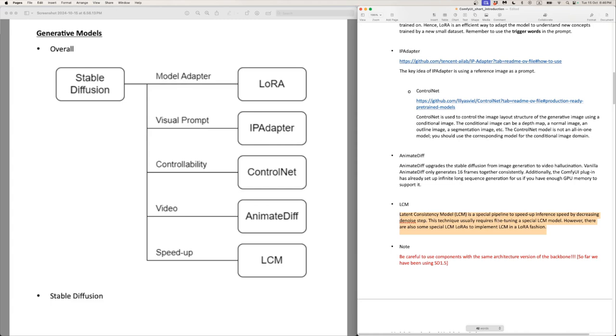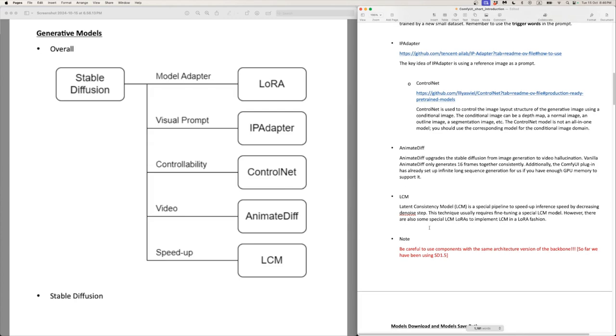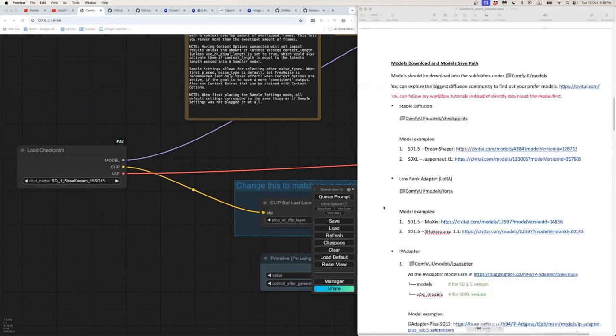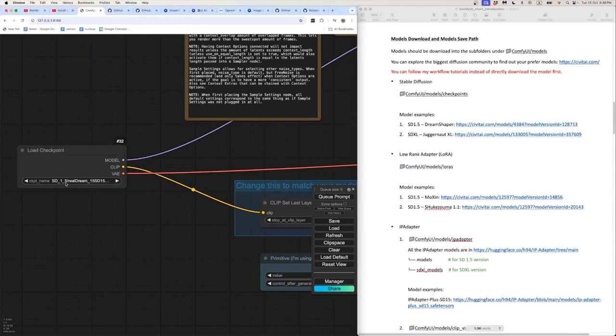However, it requires fine-tuning of a special LCM model. However, there are some special LCM Loras to implement LCM in a Lora fashion. And Manho has very generously set up a few different workflows that show this, and I go through them later on in the video. Okay, so the next thing we need to do is download all of these